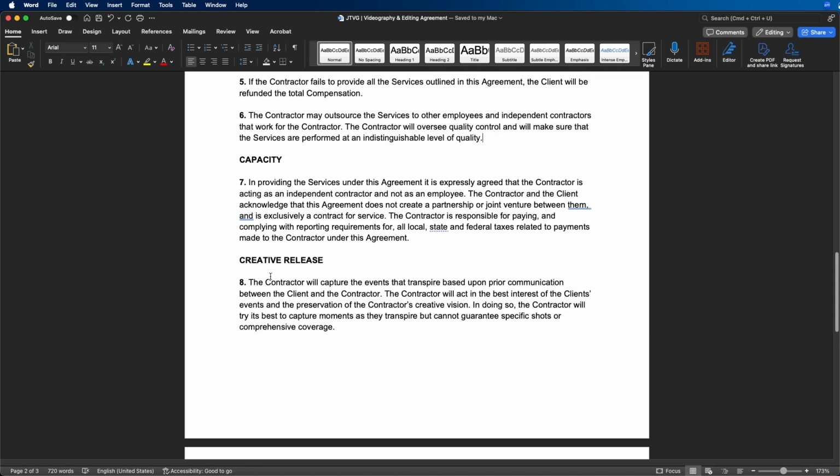So I recommend adding this for a lot of videography gigs, specifically weddings and live events. This basically says, if we read this here, the contractor will act in the best interest of the client's events and preservation of the contractor's creative vision. In doing so, the contractor will try its best to capture the moments as they transpire, but cannot guarantee specific shots or comprehensive coverage. What this line basically does, it protects you just in case something happens and you